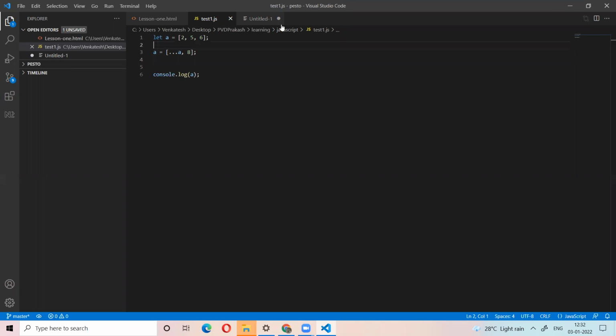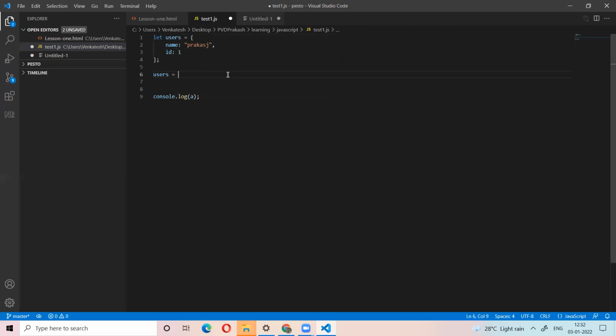For example, I have the object. Now I am resetting the object with the rest operator. Now I want to reset the user's object, adding a new property.